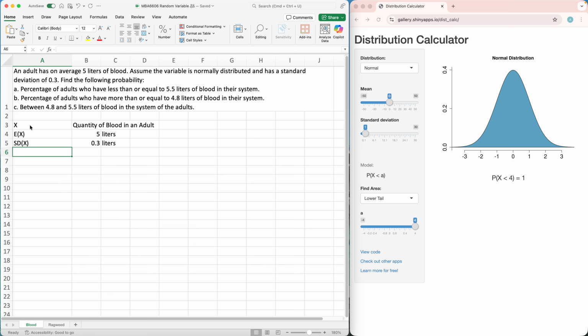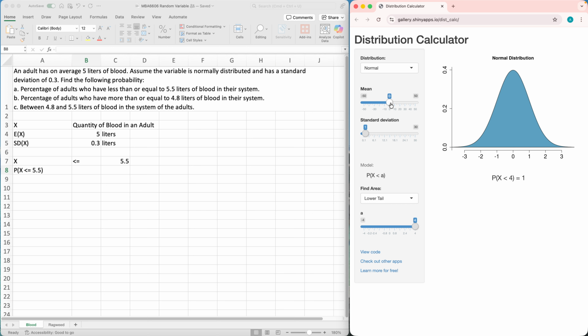So first we want to find the percentage of adults who have less than 5.5 liters of blood in their system. So let's look at the value of x less than or equal to 5.5, which is the event of interest. So we need to determine the probability of x less than or equal to 5.5. Now we know that it follows the normal distribution. Let me show it to you